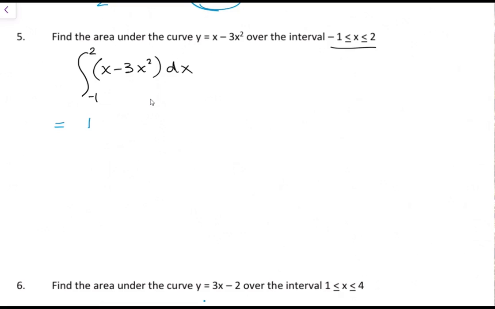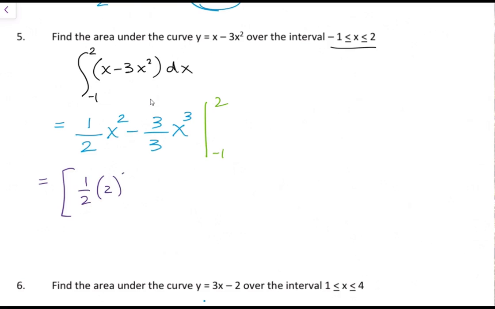So my coefficient over exponent plus 1 minus coefficient over exponent plus 1. And we want to evaluate that from -1 to 2. So start by plugging in the 2. So we're going to have 1/2 times 2 squared minus, this coefficient is just 1, so I'm just going to have 2 to the 3rd power, minus, now plug in your lower limit of integration, so 1/2 times -1 squared